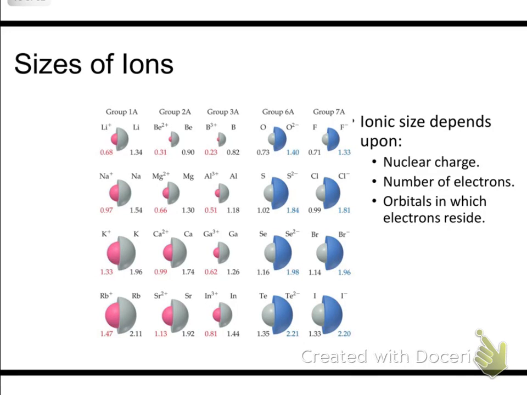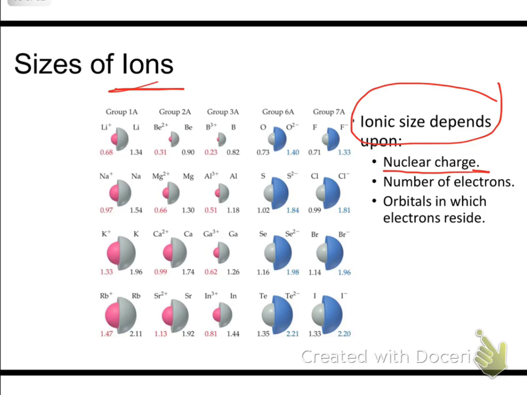Okay, this is the second podcast about atomic radius, or talking about size of the atoms. In this case, we're going to talk about the size of ions, what happens when an element loses or gains an electron. This is an overall graph showing what happens to both the atom and the ion. So ion size is going to depend on the nuclear charge,